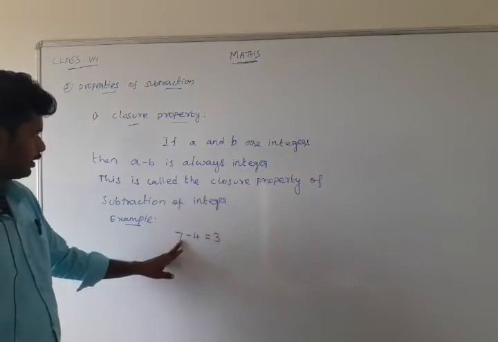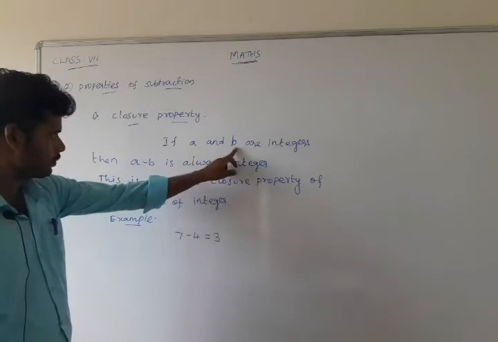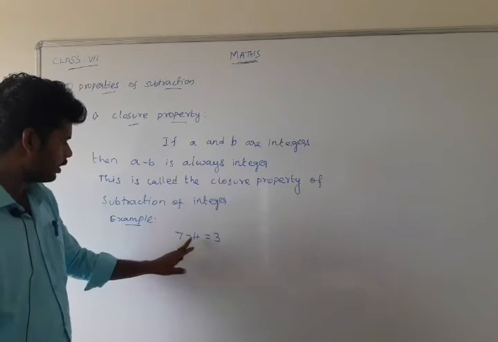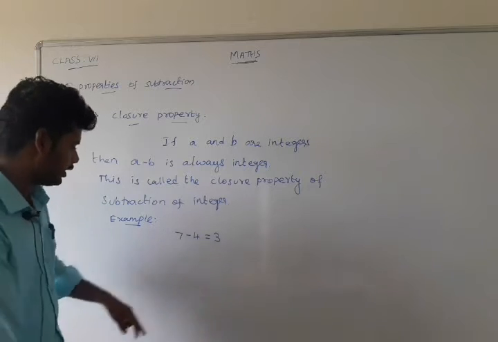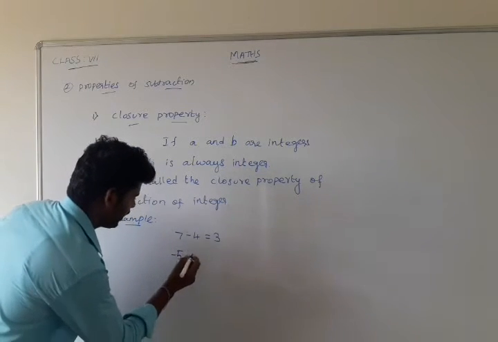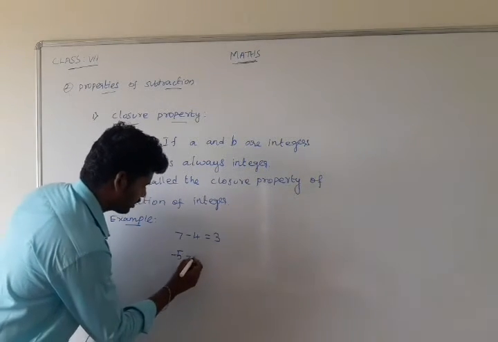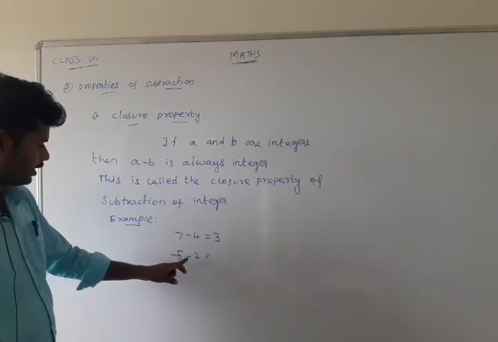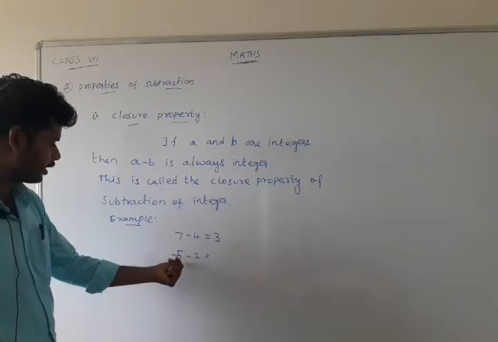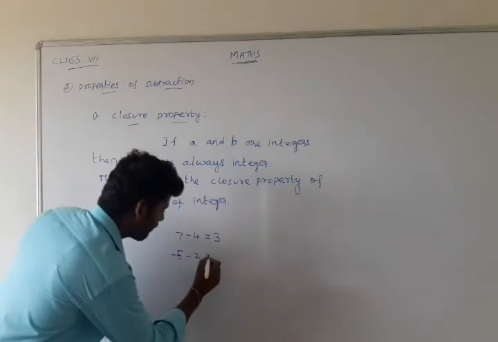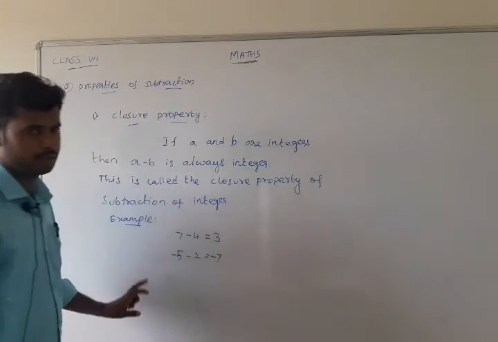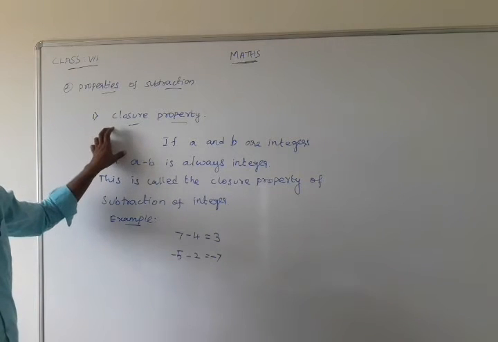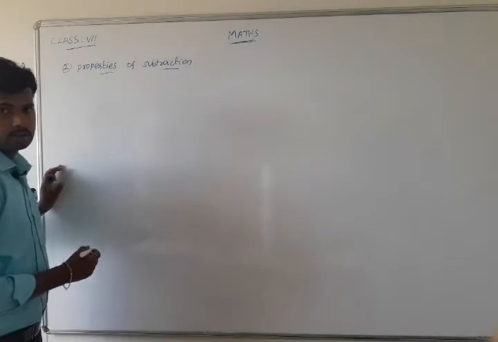Yes, 7 is the A value, next the B value is 4. 7 minus 4 equal to 3. Minus 5 minus 2: any integer you take. Minus 5 minus 2 equal to minus 7. This is the closure property. Second one,